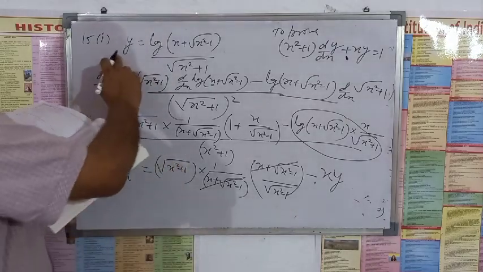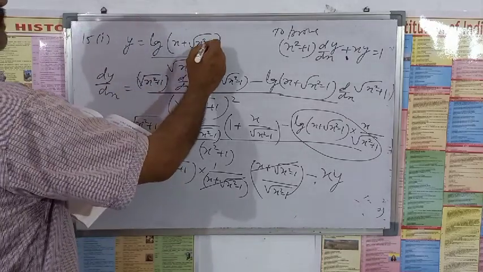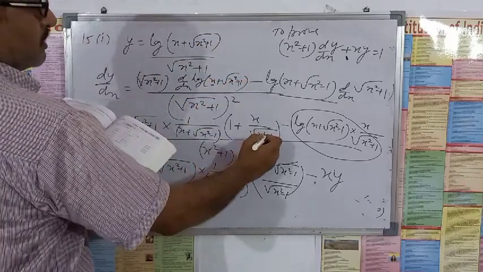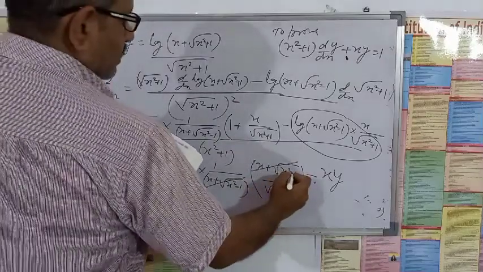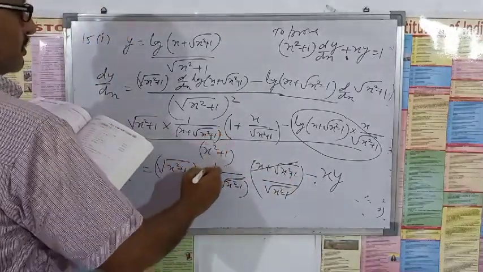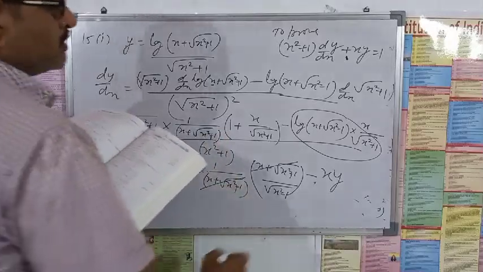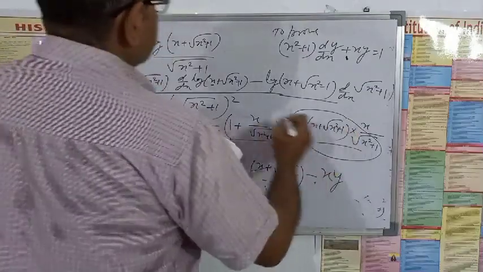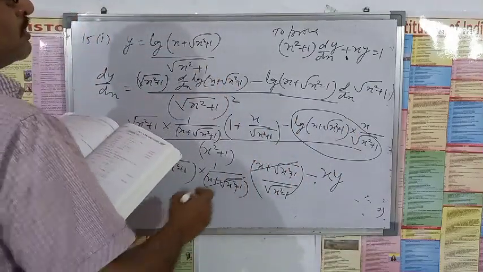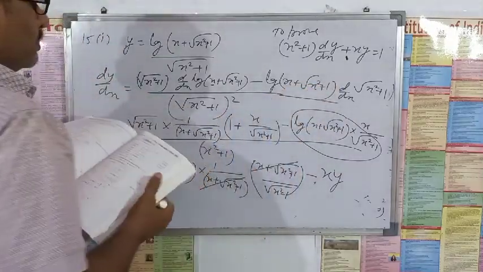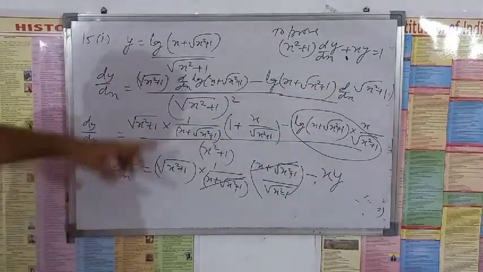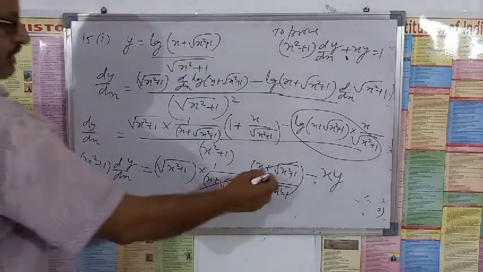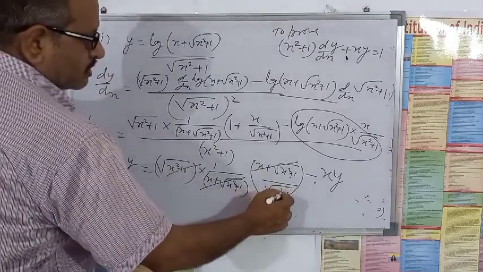Something is a mistake in the question. Make it correct. It is not minus 1, it is plus 1. Make the question correct. X square plus 1. So make the question correct. Here under root x square plus 1 is given, not minus 1. So this one cancels and this part is also cancelled.